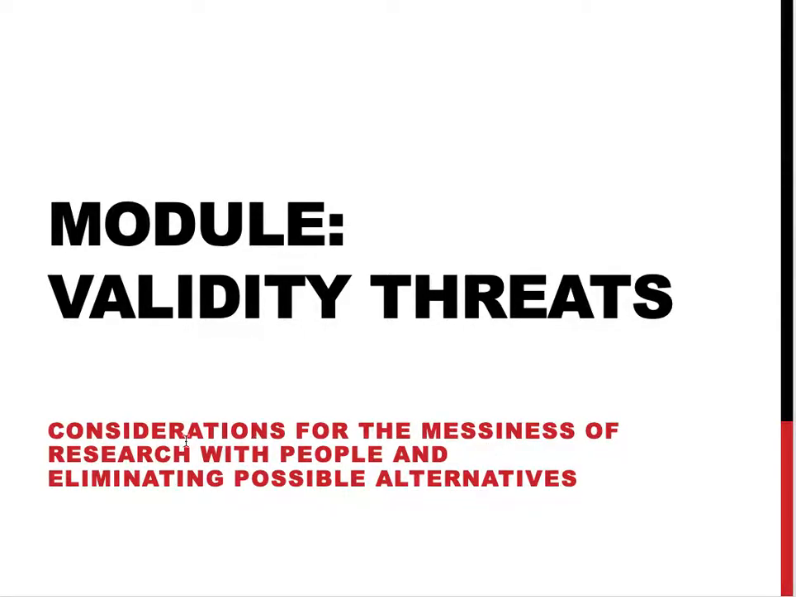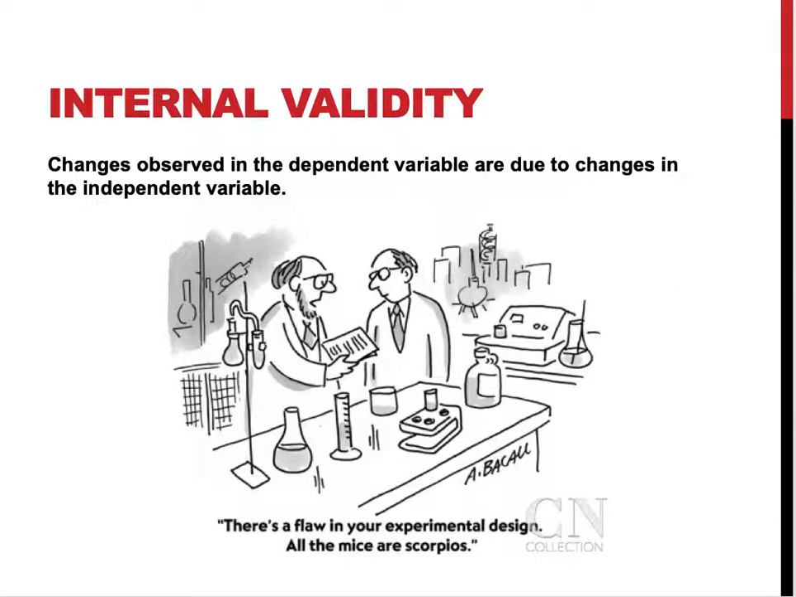So to explain that a little further, I'm going to introduce the two topics of internal validity and external validity. Internal validity has to do with things that more or less happen within the study. So internal validity has to do with whether changes observed in the dependent variable are due to changes in the independent variable. This is where I'm controlling for those extraneous variables that can occur during the actual process of the study. An example of this would be